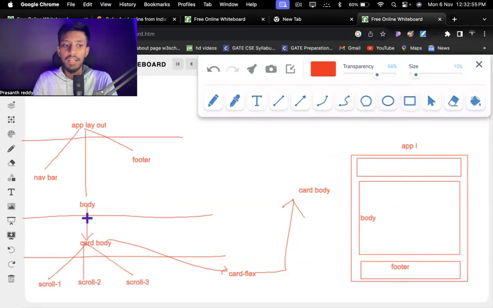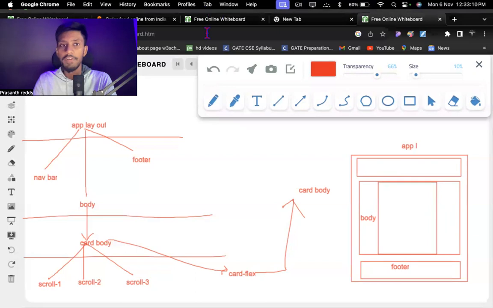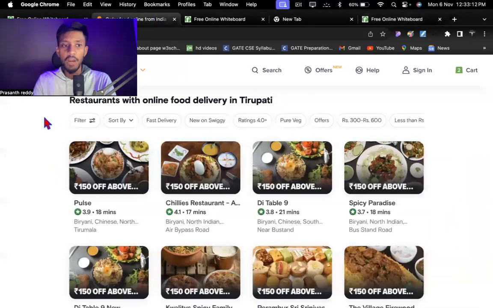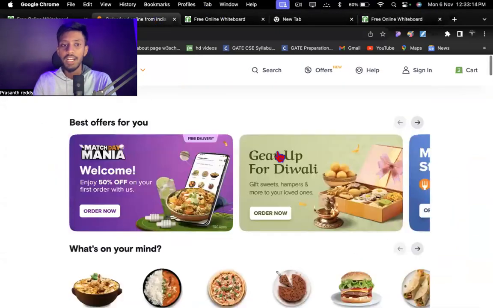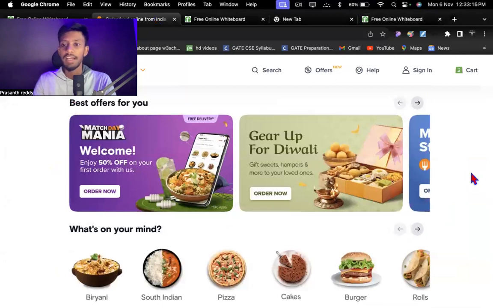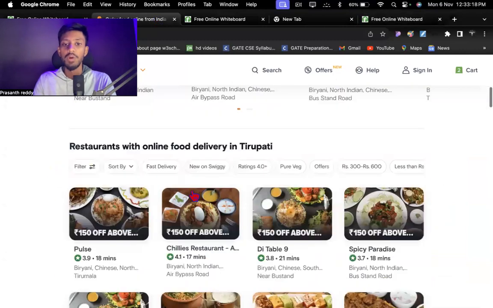This stage 3 is nothing but a chord body. Inside this body, we have the chord body. What is the chord body? This is the chord body, my dear friends. If you go here inside this wiki, it is a chord body. See, left side, right side gap, right side gap, left side gap. This is what we call the chord body.